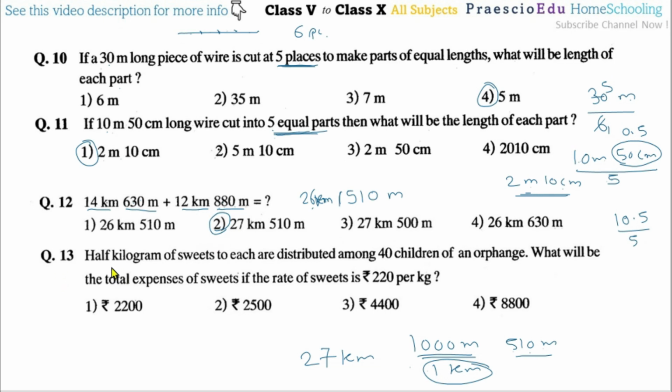Now question number 13. Half kilogram of sweets each are distributed among 40 children of an orphanage. What will be the total expense of the sweets if the rate of sweets is rupees 220 per kg? Before this, we will calculate the total quantity of sweets distributed. So half kg per child means 0.5 multiplied by the total 40 children. 40 multiplied by 5 is 200, and with one decimal place, this is equal to 20